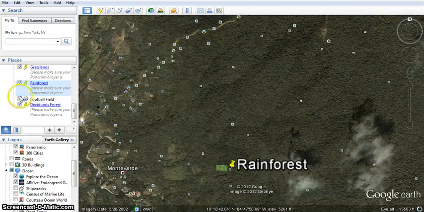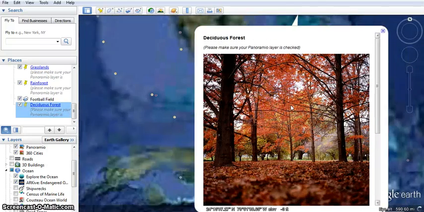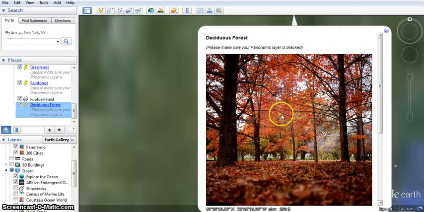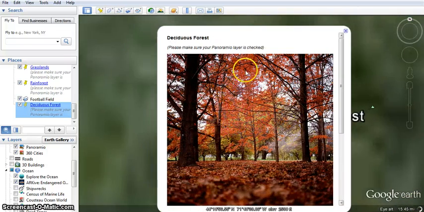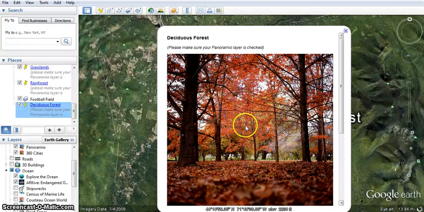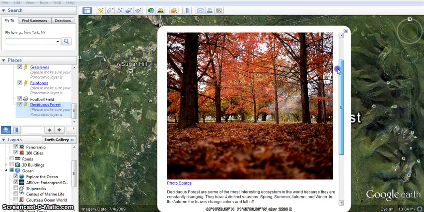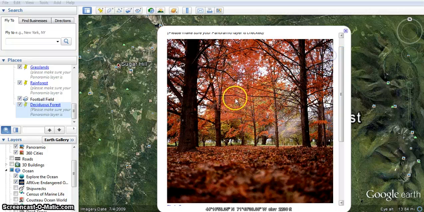And so our last stop is actually called a deciduous forest, which is different, and it's probably the one that you're more familiar with because it has the trees, but unlike the rainforest, these trees in the autumn change colors and fall down, and that is actually why it's called deciduous. Deciduous means to fall off in Latin. And so these trees lose their leaves in the fall and winter